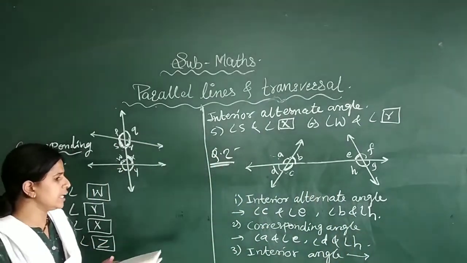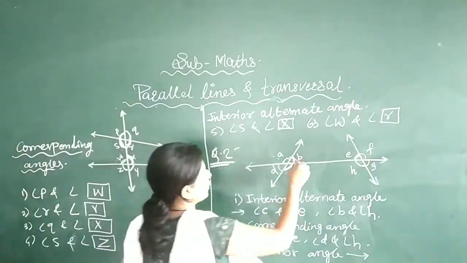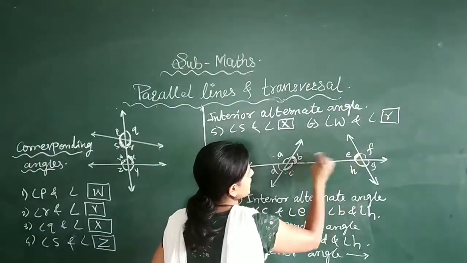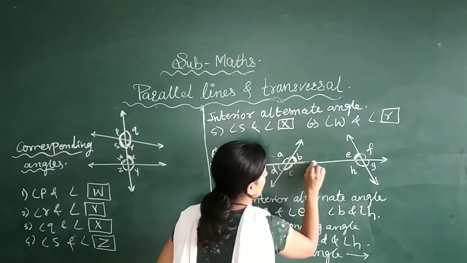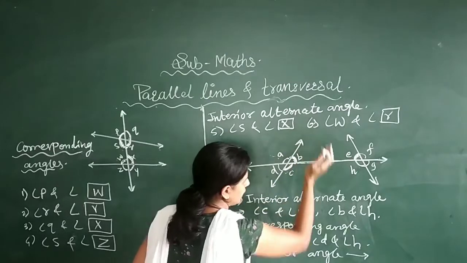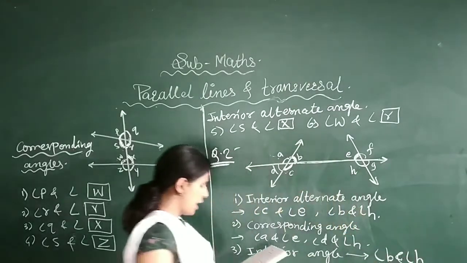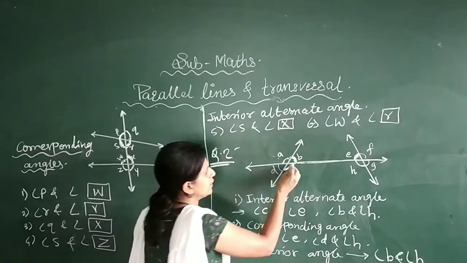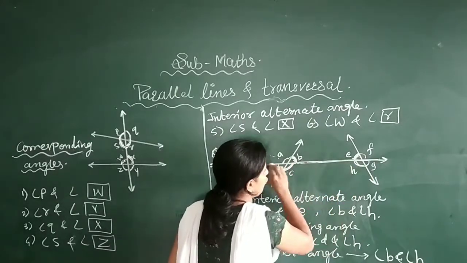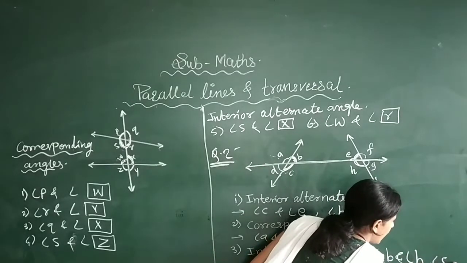Then interior angles are inside. See B and E. These are the interior angles on one plane. It should be on one plane and inside. So angle B and angle H. And the next one is simple: C and H, on one plane and the same side. Angle C and angle